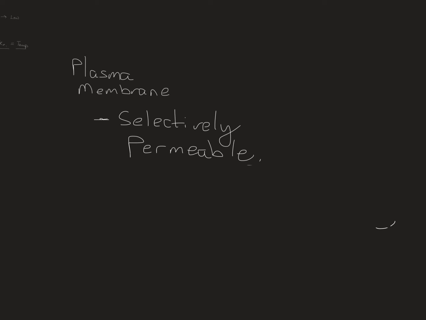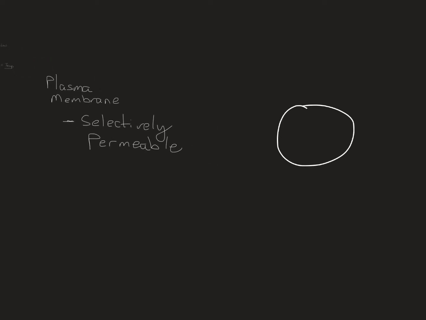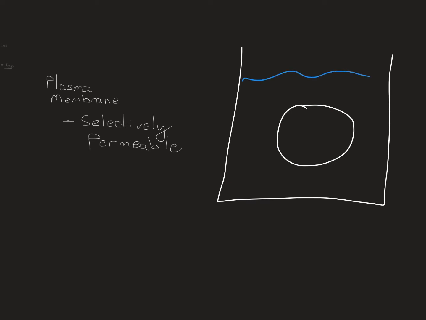That means that if there's a cell, and it is in a solution, in the case of a beaker, in this case, and obviously it's a gigantic cell, there is a difference in concentration of particles, then there's a question on whether stuff can get through or not. Can material get through the membrane or not? That question is a tough one because it depends on this cell's makeup.